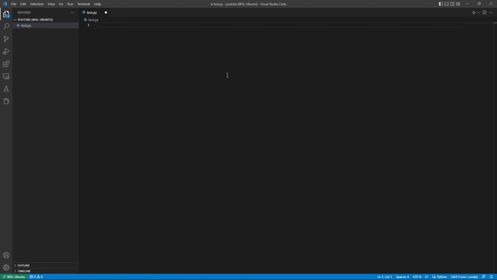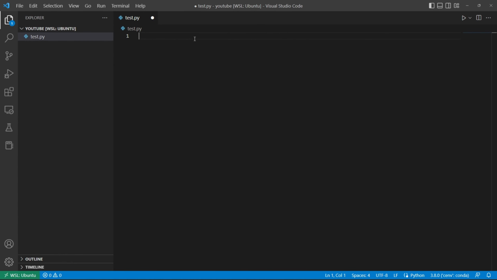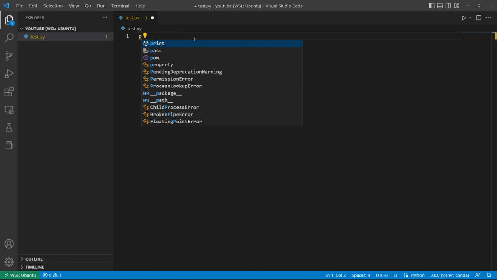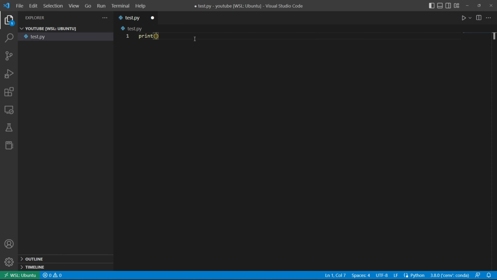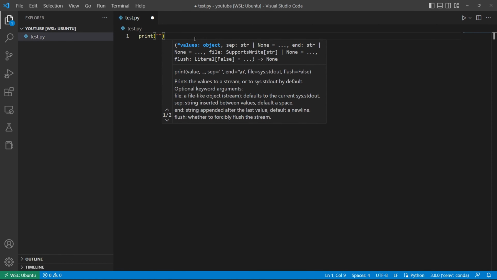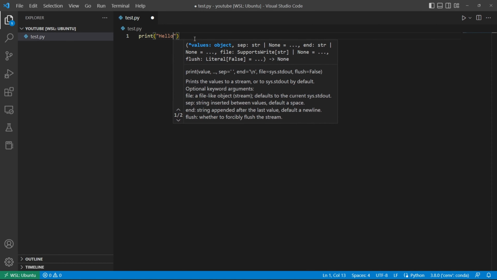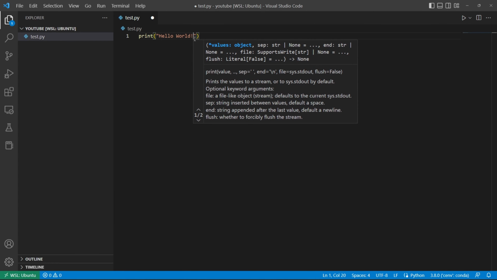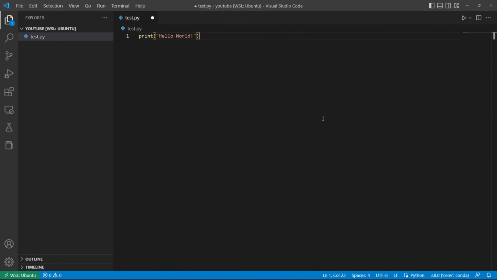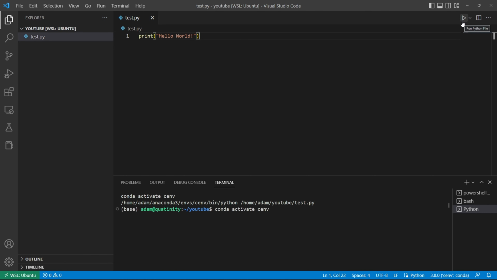And let's make it a little bit bigger. So now let's try print, and of course the typical hello world. So now how to run this code? We have 2 options here. We could just run it from here and it will not use Conda and will print it for sure,